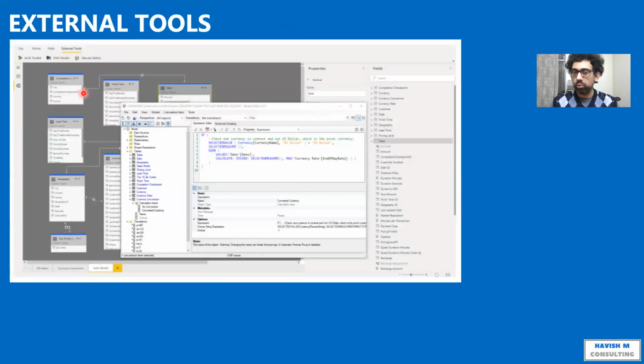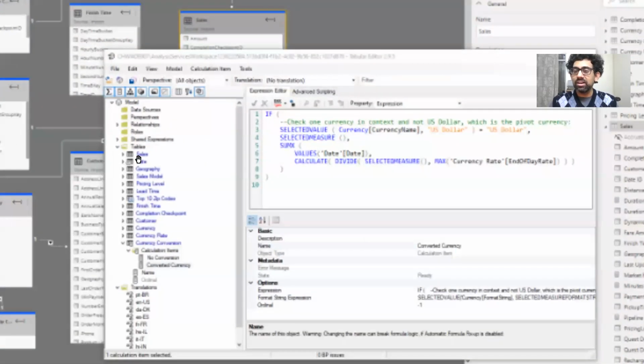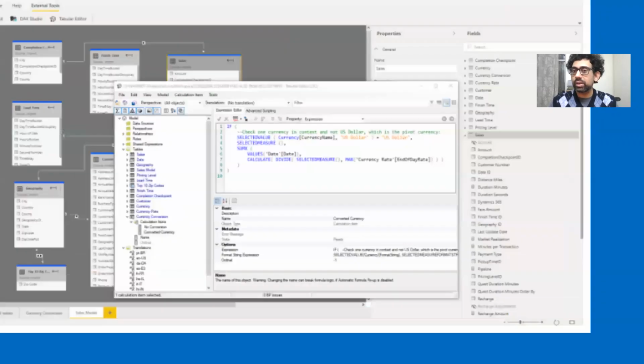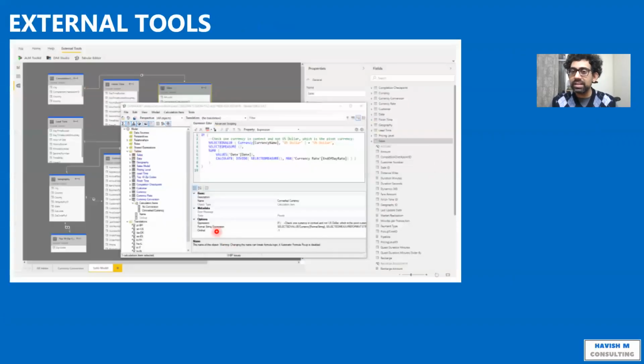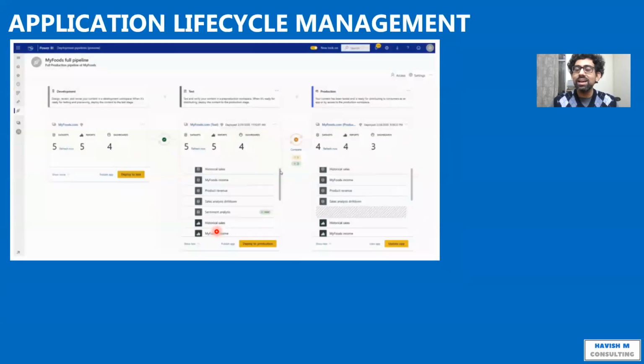This is something we will not be doing, but it's good to know that Power BI is not just a rigid tool. That means it can't connect to other types of tools. So it can connect to other external tools. That means if you want to add some additional capabilities to Power BI, you can do that also. And these capabilities might or might not be prepared by Microsoft. Any company can prepare them. Right? So it's a very expandable tool.